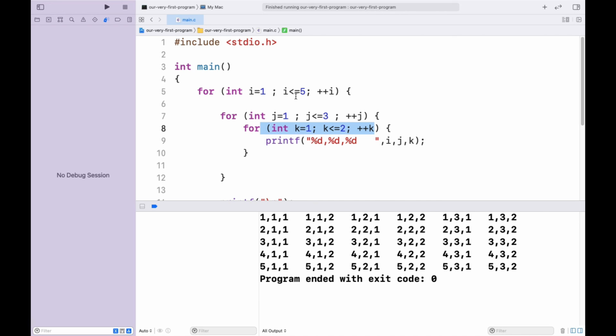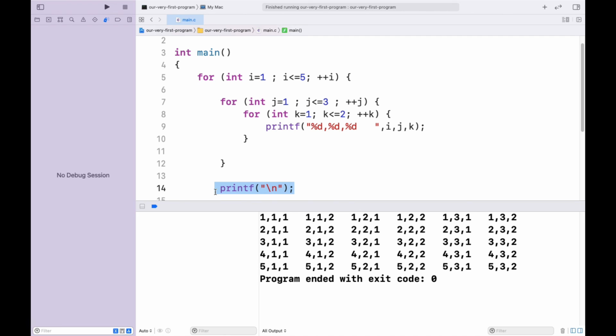So it is 5 times 3 times 2, which would be 30 again. So this particular statement, which is nested in 3 layers of loops, has been executed 30 times. And this statement is again printed 5 times, because we have the new line character only 5 times, because it is under the very outer loop only.